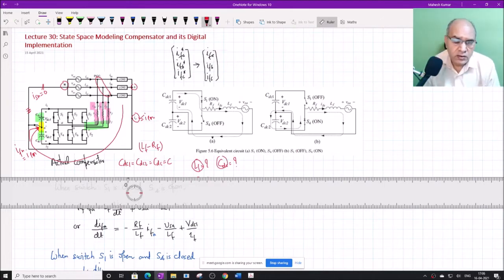Now we will analyze this circuit today, how it works to realize the reference currents IFA star, IFB star, IFC star in the form of IFA, IFB, IFC. So let us take one leg of this. This is one leg, the A phase leg, and this leg goes to the DC part here, and its other path is from this line to this line. It goes here, it comes back here and goes in this path.